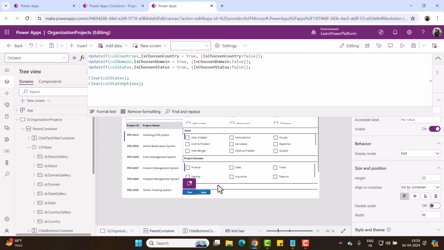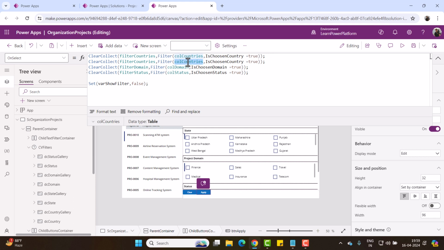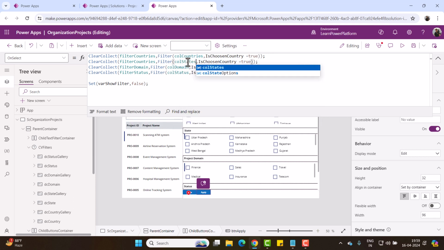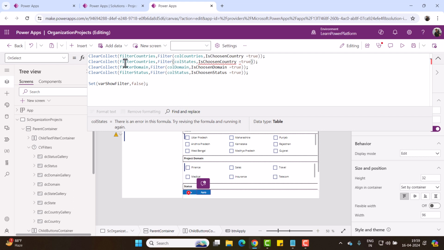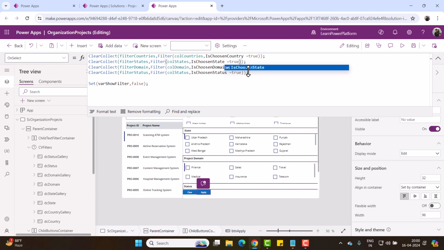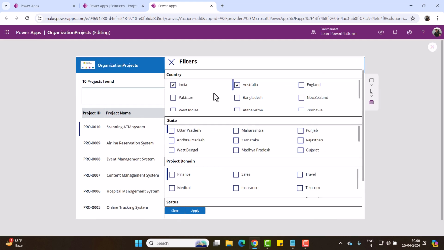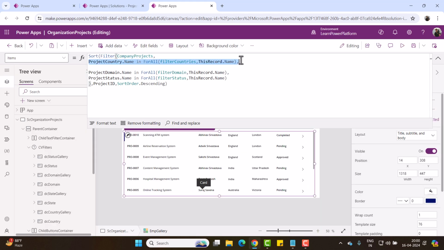And in the apply button, the on select event of apply, just copy this, right? Call states, filter states in the apply button. And at the items property, we have to write one code. So just close this, just copy this,